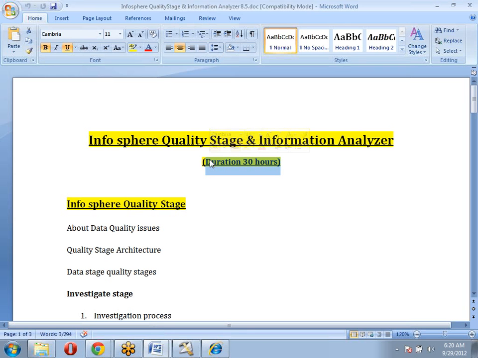I had one question regarding the project. When you give the project, would you be able to give me access to the database, or how is it going to work?